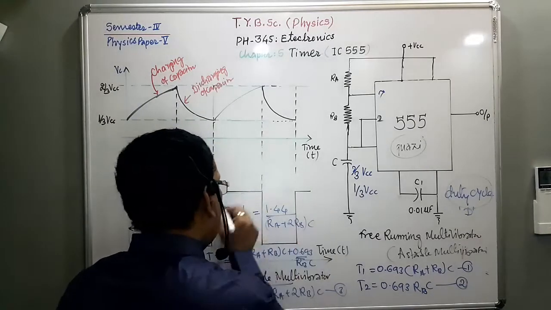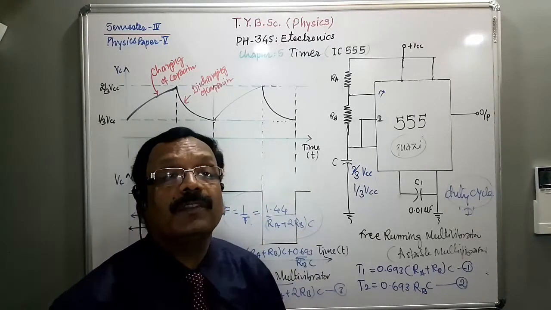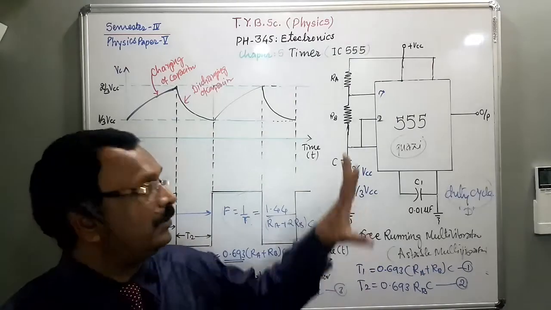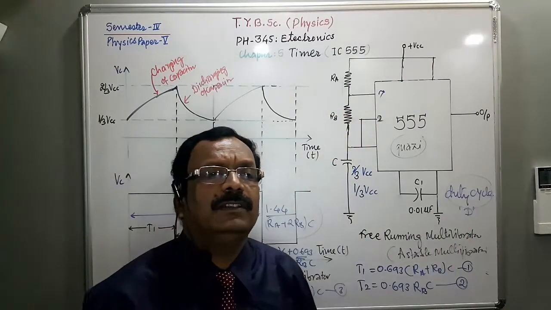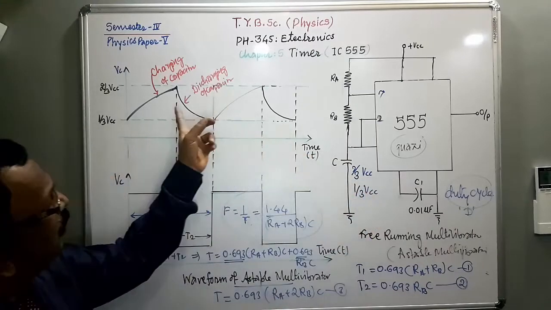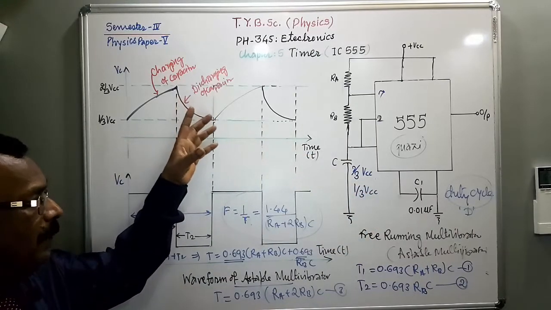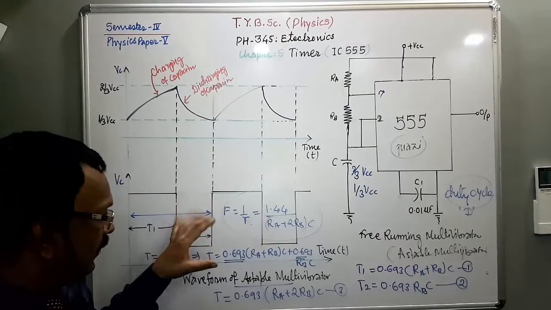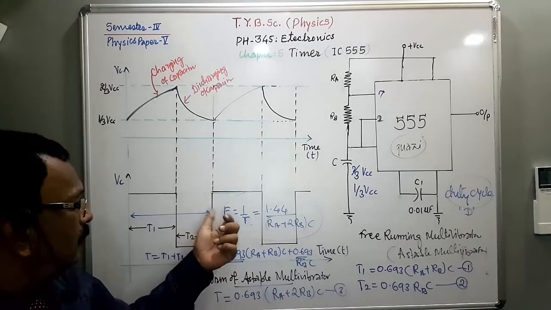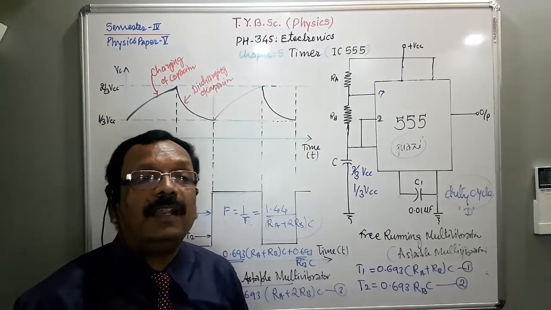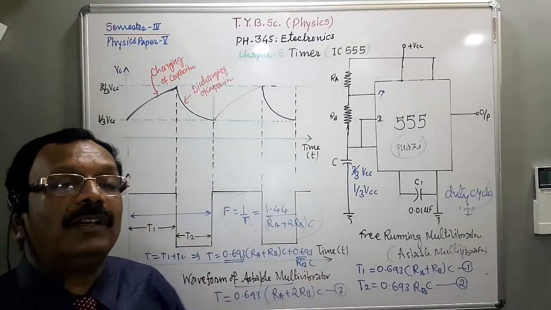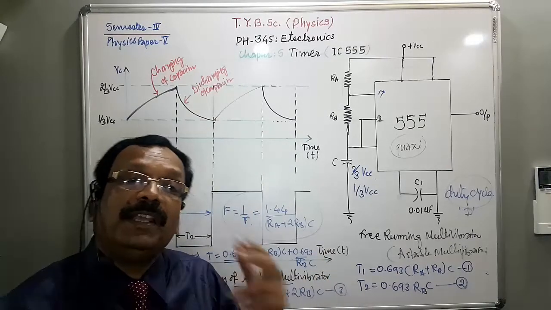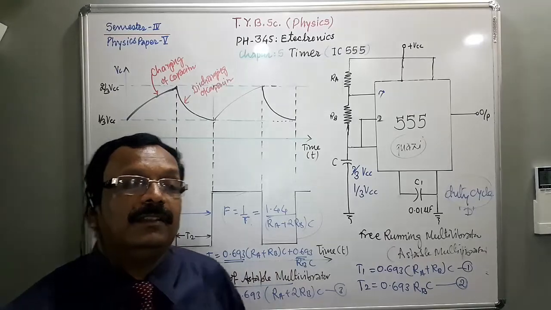This is the important equation to define the frequency of the oscillator, because the frequency of this oscillator is very important. The charging and discharging waveform plays a very important role in understanding this time and then deriving the frequency from the time. And I told you there is one more important term that arises from time to time, and questions may be asked on it: the duty cycle.